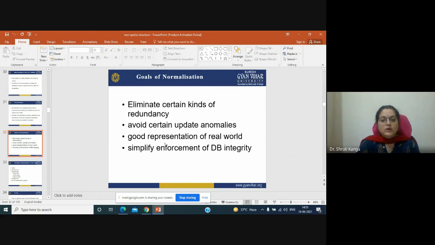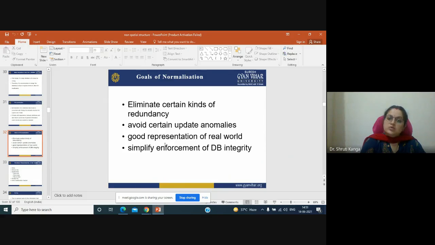Then, good representation of the real world. Normalization also helps in the good representation of the real world. If I tell you in terms of remote sensing or GIS, or a map making concept, we need to normalize the data, because whatever we are collecting from the real world, it is not possible to map all the things we have collected.